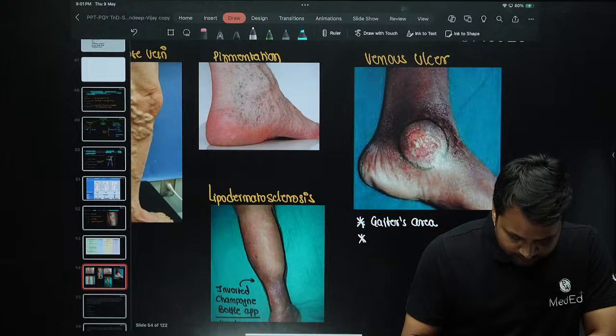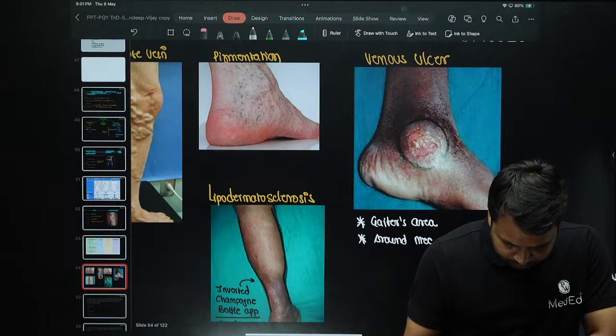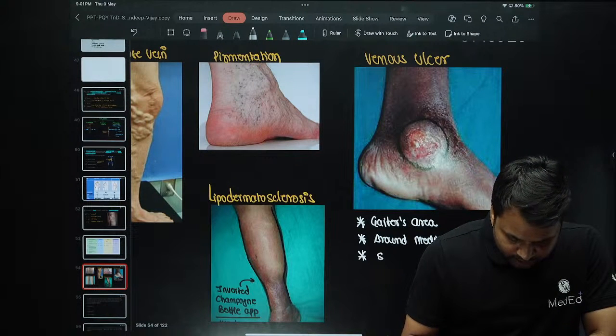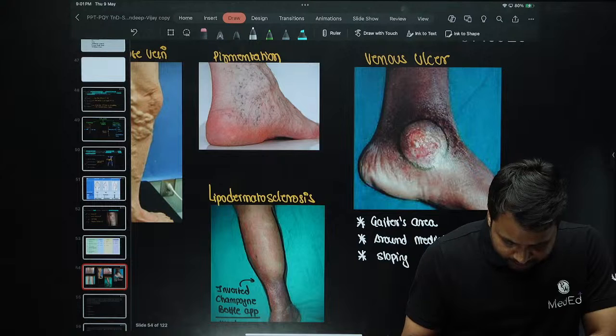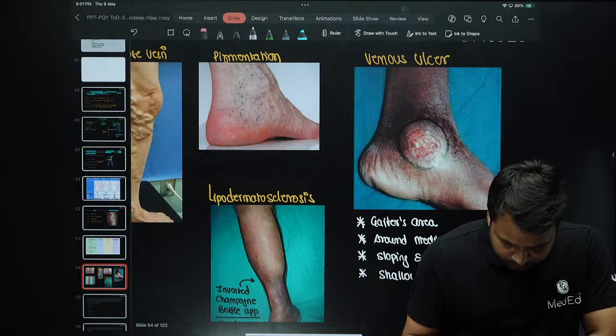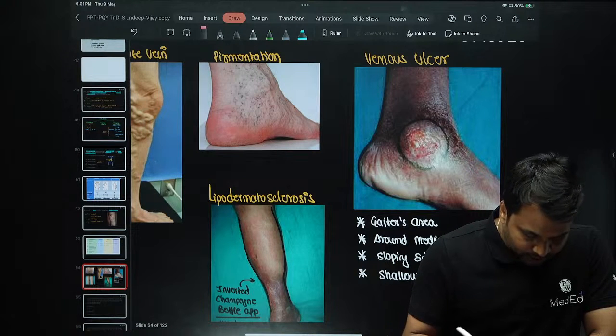Number two, it is present around the medial malleolus. Now when you look at this, the first thing you will see is a sloping edge. Then you will see it's a shallow ulcer